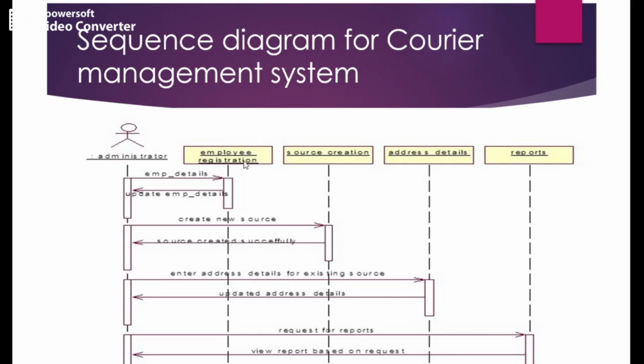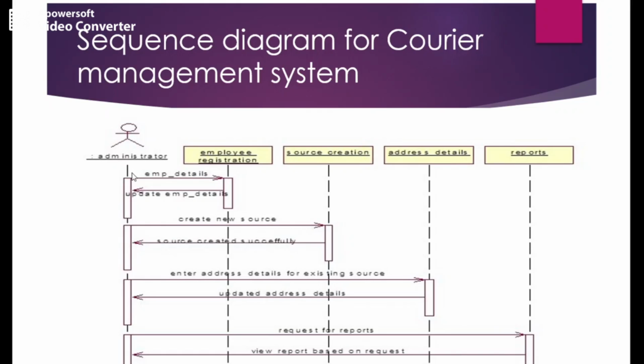You have employee registration, one class, source creation, another class, address details, another class, reports, another class. So these are the different classes.